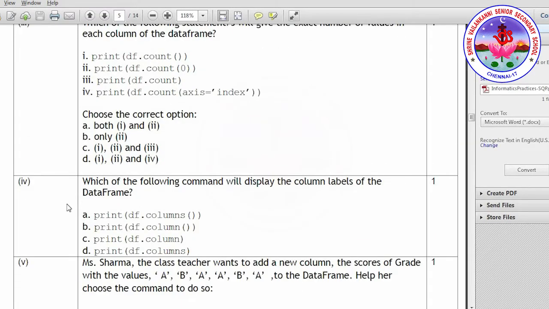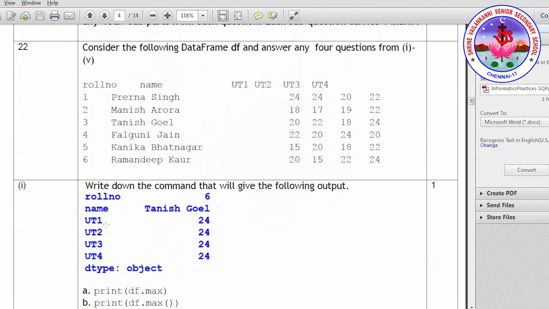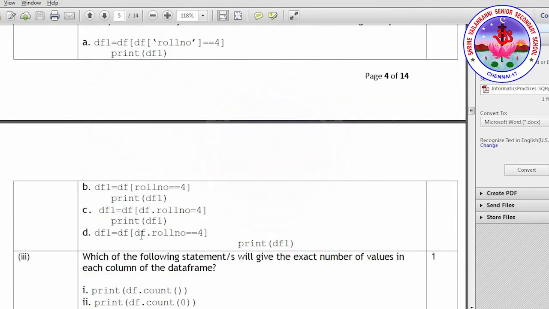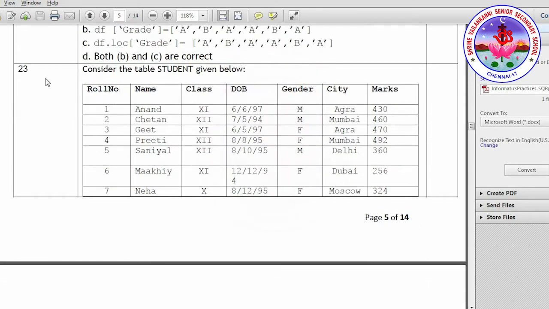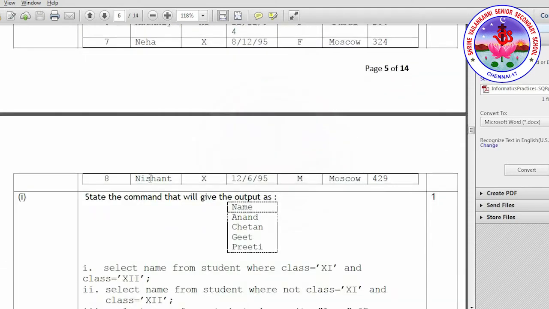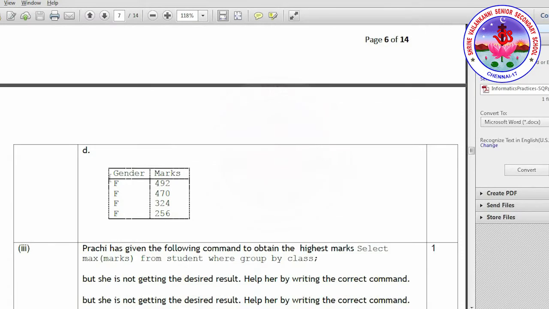So question number 22 and 23 are case study based questions, and you have to write any 4 questions here. Under each question, you have 5 subdivisions, one from pandas and one from SQL. So this is part A.